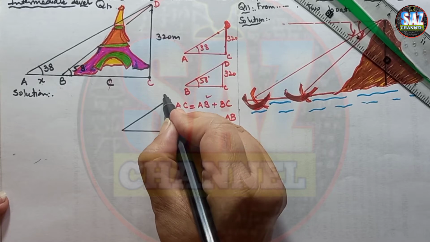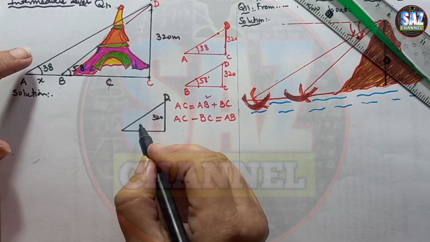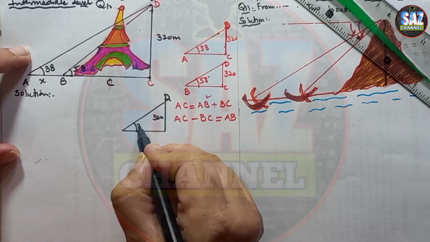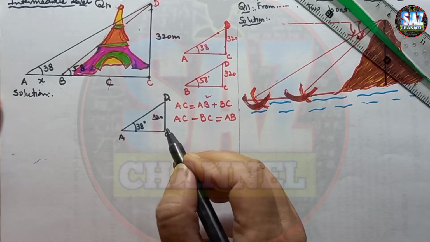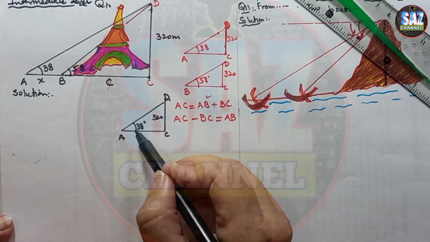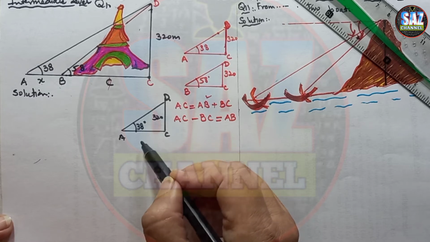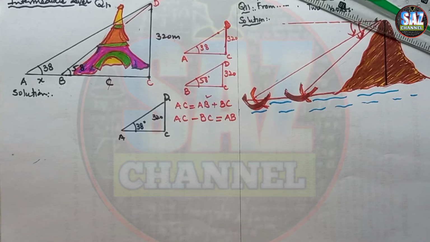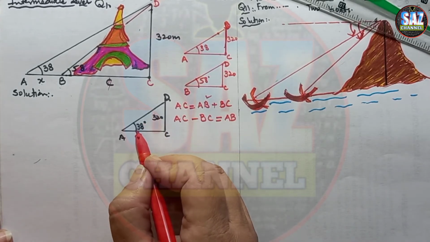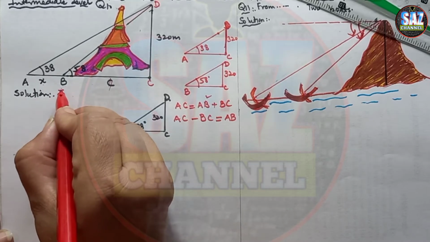This is vertex D, and this is 320 meters here. This is a 38 degrees angle, and this is A, C, and D. Now with the reference of 38 degrees, what is 320 and what is AC? Opposite and adjacent. So I hope by now you are clear which trigonometric ratio is suitable for this situation. I hope the tangent will be applied here in triangle ACD.